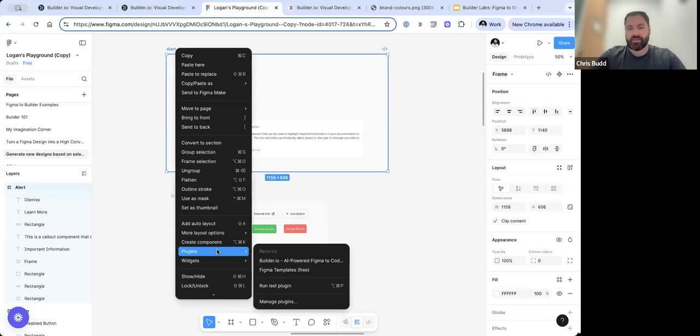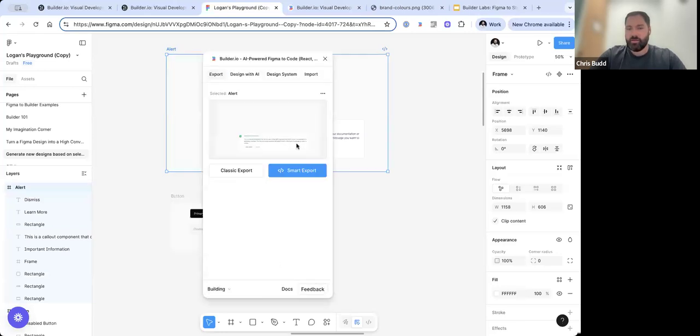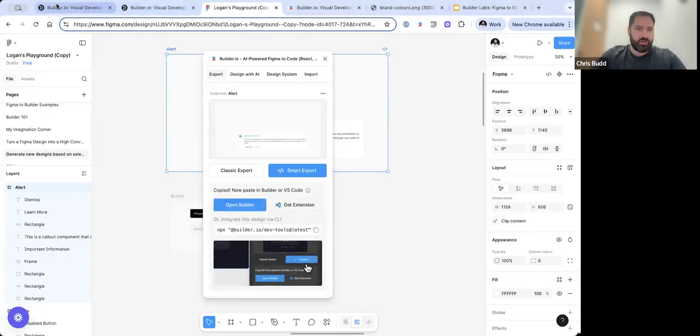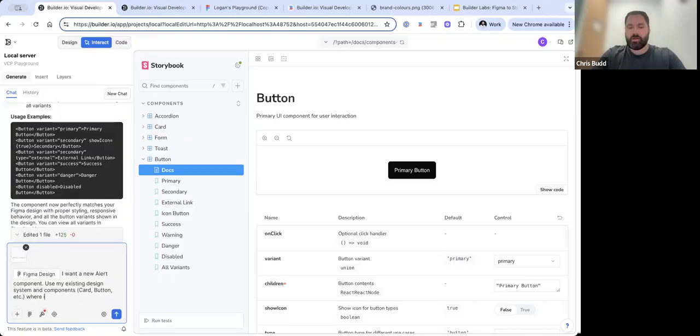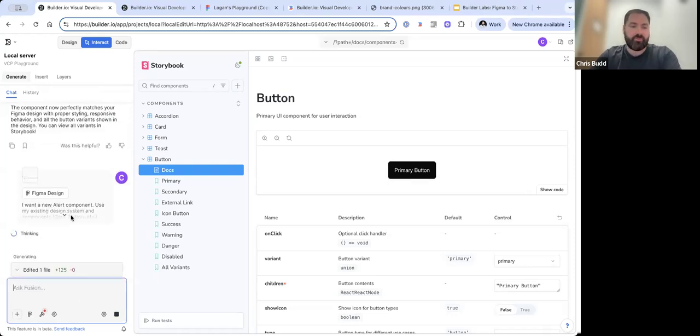Again, that's right-click, plugins, Builder.io, and then you can see a little preview of it, Smart Export. And I'm going to go into this one, paste that in, and say I want a new alert component. And again, I'll just mention use my existing designs and components, big spell, card, button, etc., where it makes sense. This is almost a personal style, but I prefer to give it the extra context if it helps. Right,